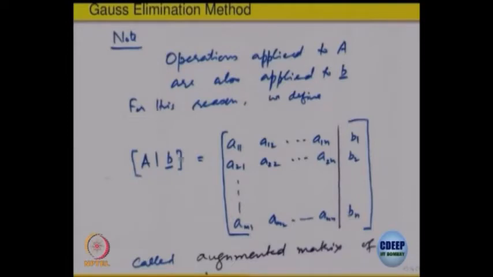So, to keep track of A and the vector B together, we form a new matrix. A is m cross n, B is the coefficient on the right hand side, B1, B2, Bm. So, again there is a typo here, it should have been Bm, right, because there are m equations. So, the row operations whatever we do on A are also going to be done on B. So, this is the matrix on which we are going to operate, and the idea is to do the elementary row operations and change it to that form. This part of the matrix should be changed to the special form.